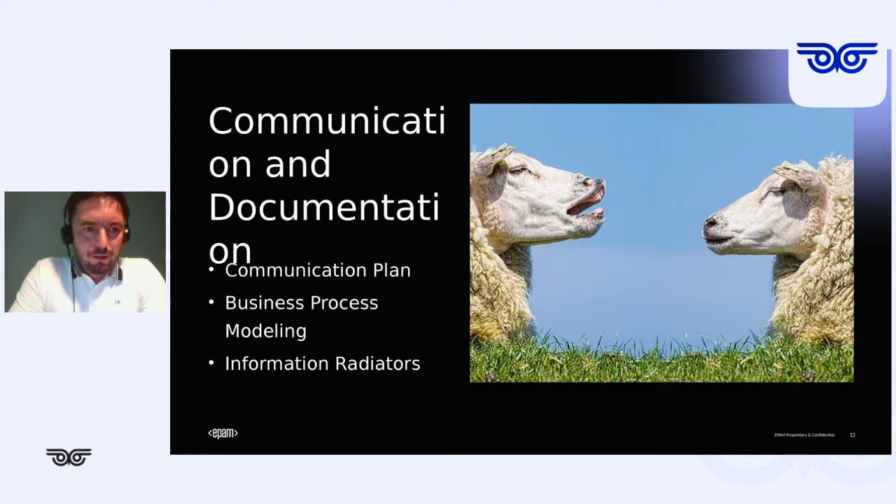Next thing is more related to the documentation. The tool which is used for modeling the business processes. So it can be anything. So projects might have licenses for this tool. They use this tool. The client uses another tool set. Okay, we can go and switch to their tool set. It's like tooling, so we don't care about this.